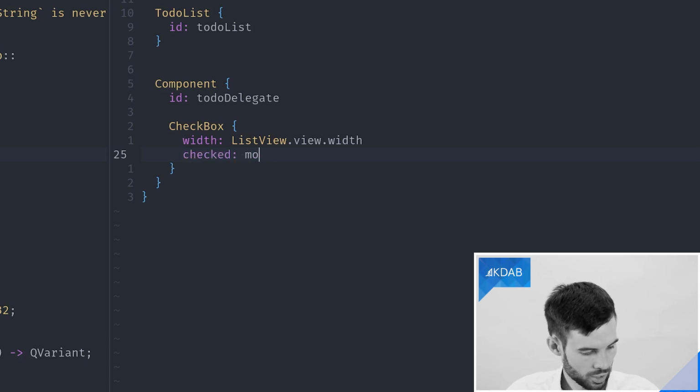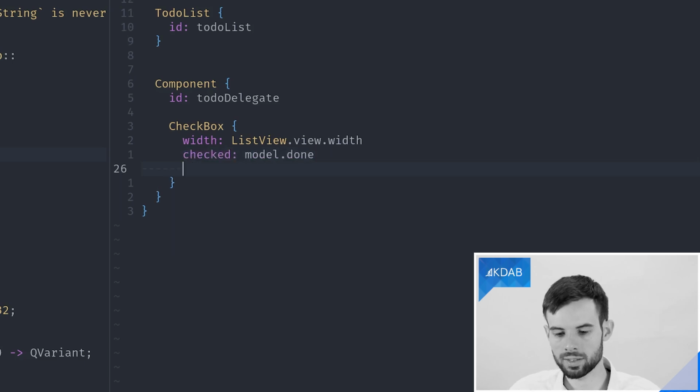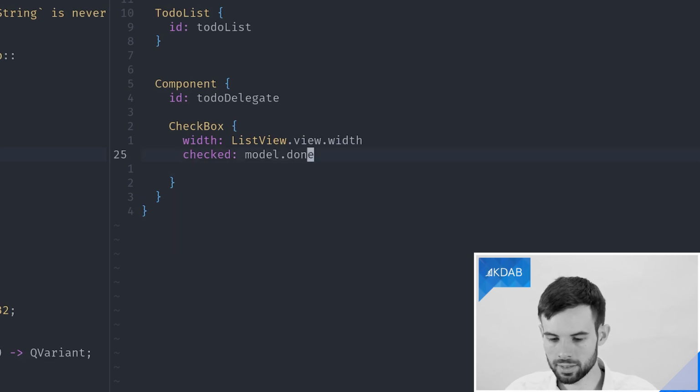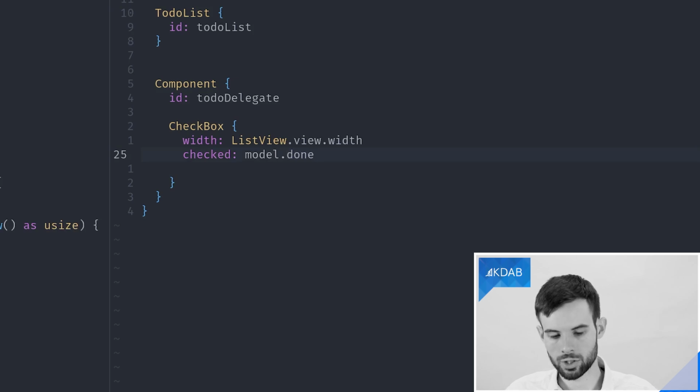And we will make sure to set the checked state of the checkbox to the doneness state of our model. This is exactly where those role names come in. So this done here is coming from our role names function. This is exactly that done state here.